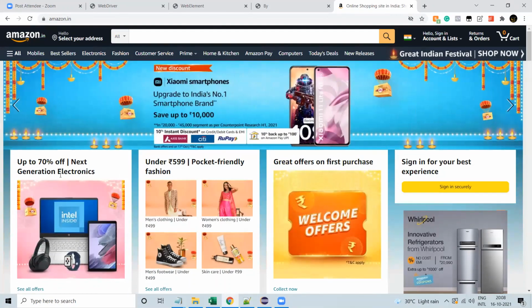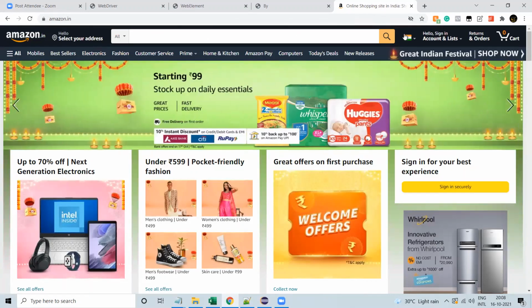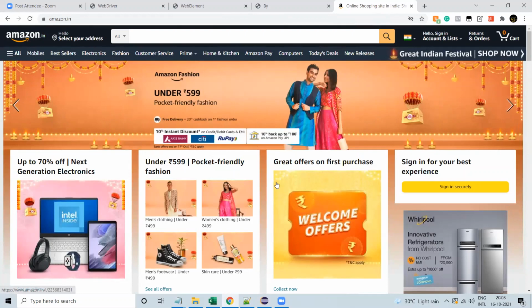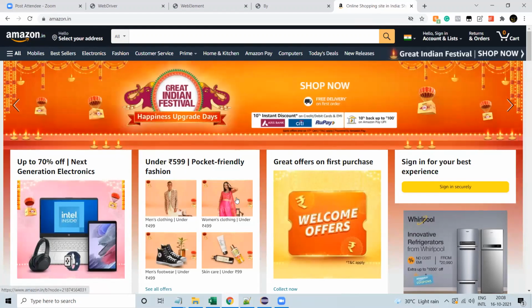So if I talk about the testing, what test cases will we cover over here? We are going to verify whether the user is able to enter the text or not, whether clicking enter works or not, whether the images are clickable or not, whether the link is working, whether the button is working, whether there is no spelling mistake, whether these images exist or not. So everything is as per the specification or not. This is what we generally do when we perform manual testing. Like manual testing, this is what we need to automate as well.